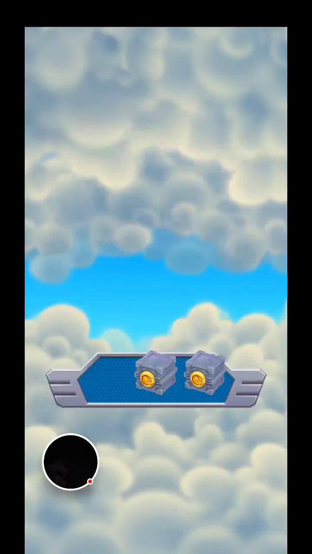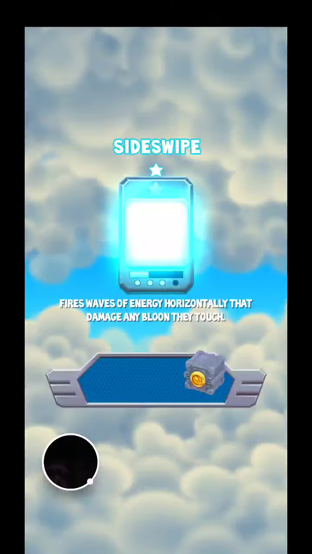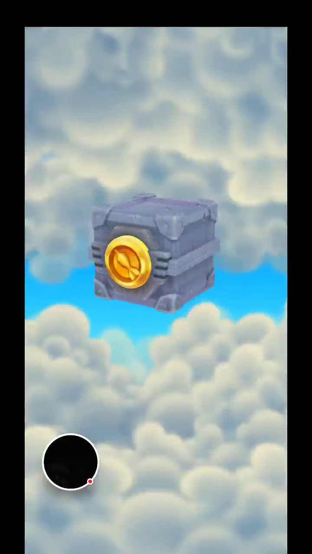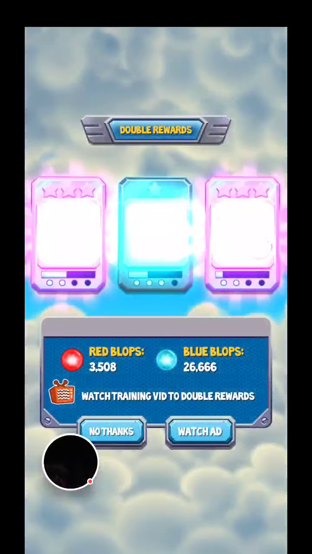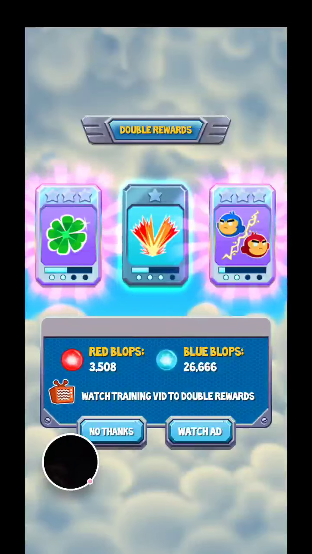Let's see if there's anything magical in here. A lucky charm, that's a nice one. Sideswipe is useless. Battle Universe is handy. I'll see if that ad works now, because I'll bet you